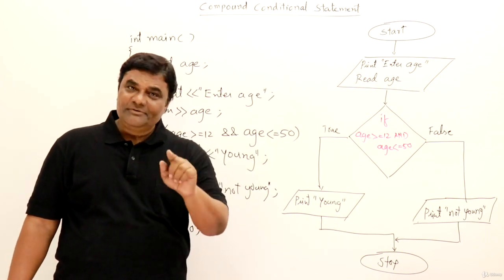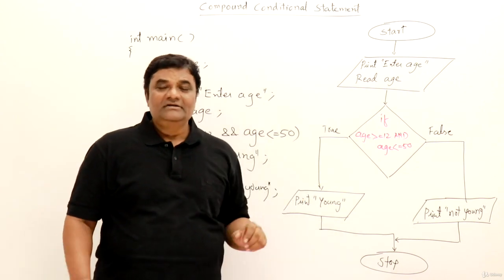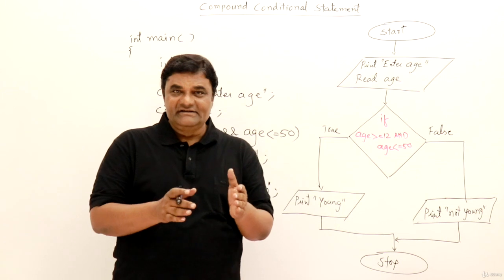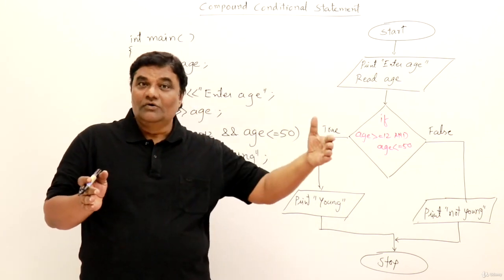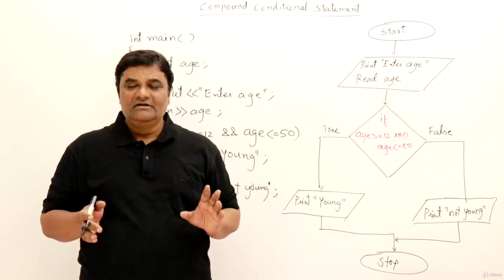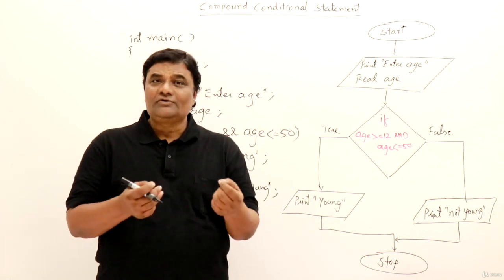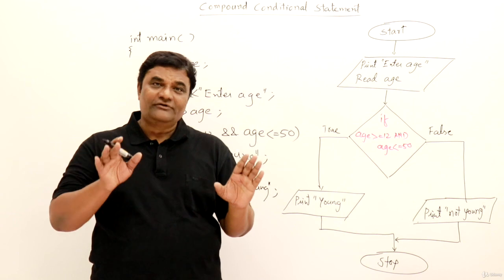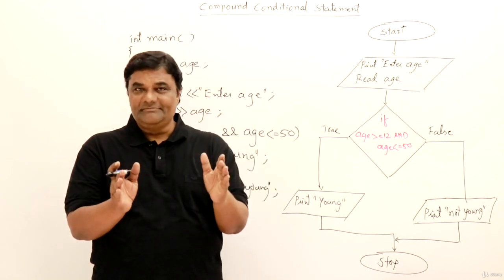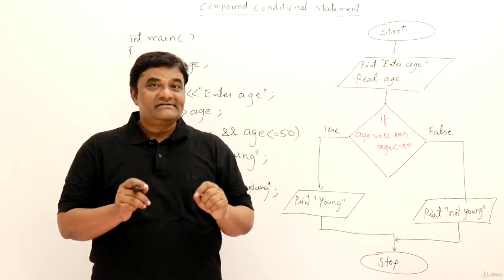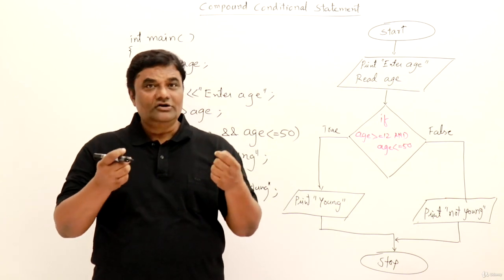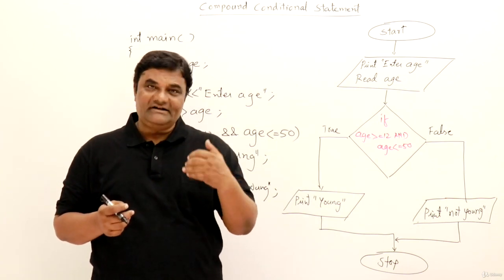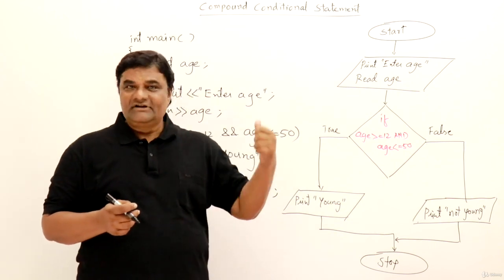Let us write one more program. Same example. But here, let us say we want to know whether the person is a child or old. He should not be young. Suppose, for example, there is some offer going on for children or aged people, right? So let us say the offer is for children or aged people, not for young people. So whether he is eligible for that offer or not, let us learn how to write the condition for that. Then I will write a program.